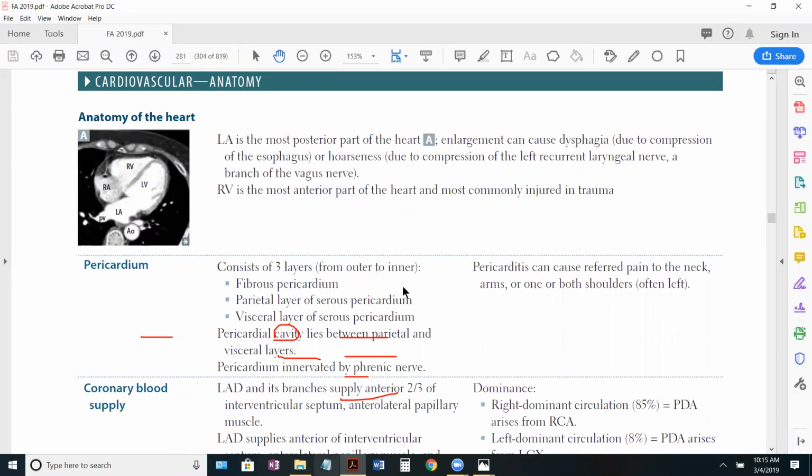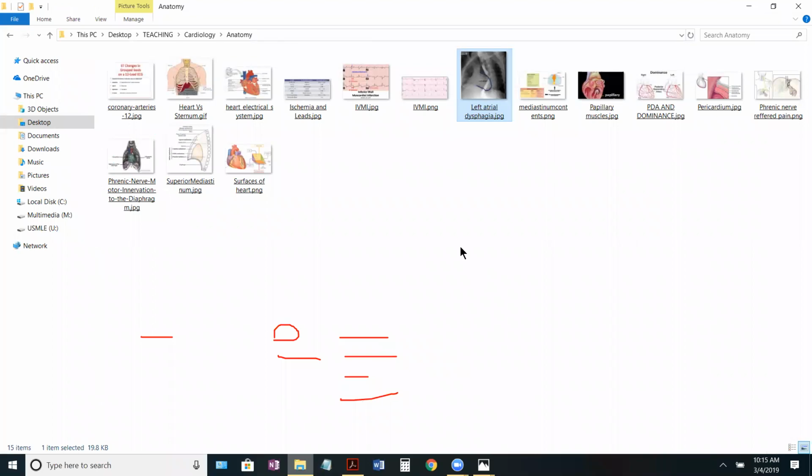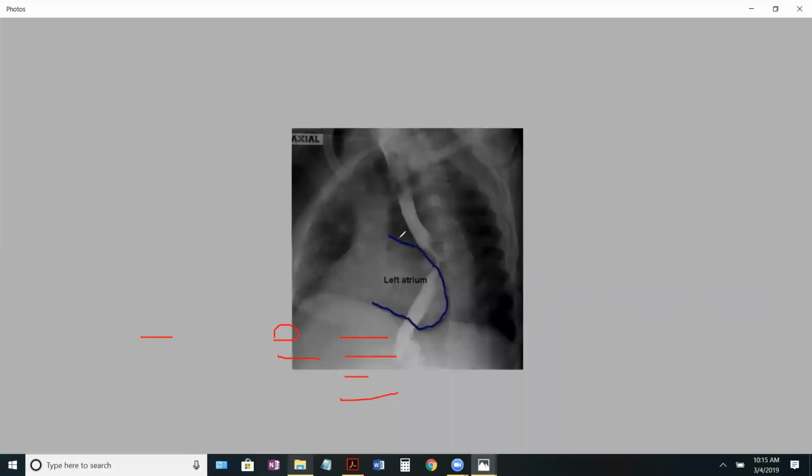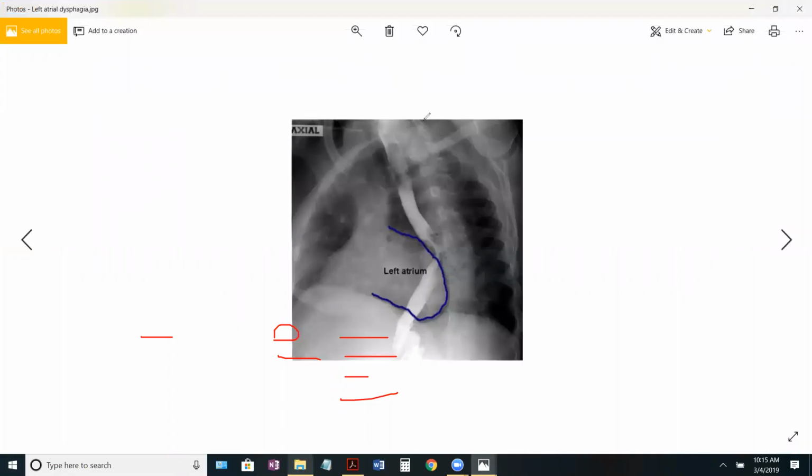Let me show you one picture so that you understand this in a better way. This is the lateral view of the heart, and we can clearly see that the vertebral column is visible, and this is the contrast that we have entered into this, and that contrast is